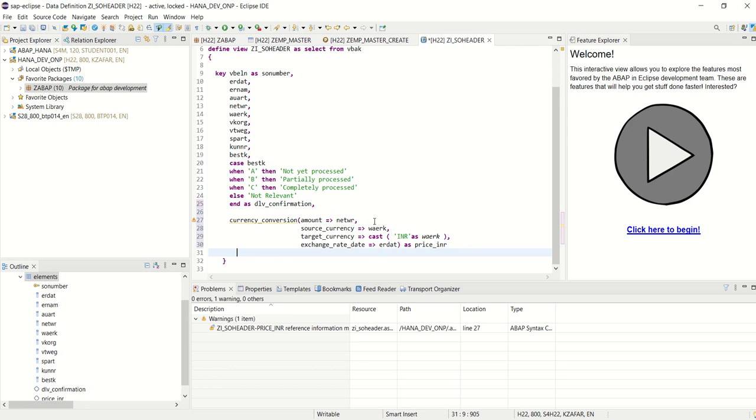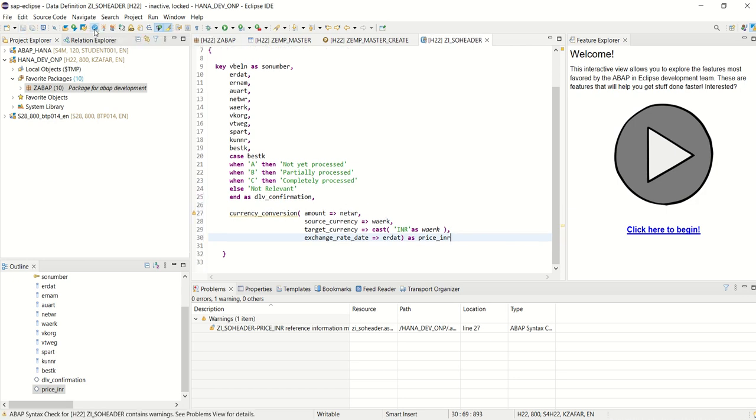Fine. I think this should work. So here we have to pass the amount, source currency, target currency with the proper type, with the cast functionality, and then the field name. Okay, let's save,